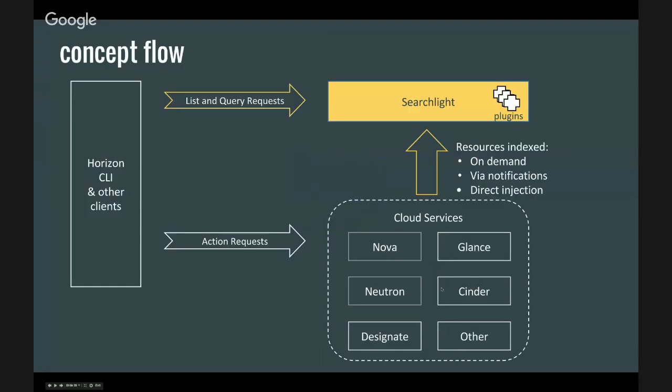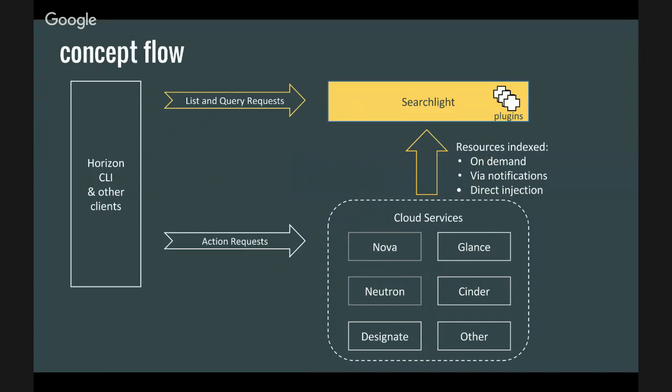Okay. So let's talk a little bit about the concept flow, what you just saw. Horizon and your other CLI clients can do list and query requests against Searchlight, but they still should always be doing their action requests, and probably getting for a single item, if they know that item, directly against the service API. These cloud services, Nova, Glance, Neutron, Cinder, Designate, in Searchlight, we essentially have some plugins for each different